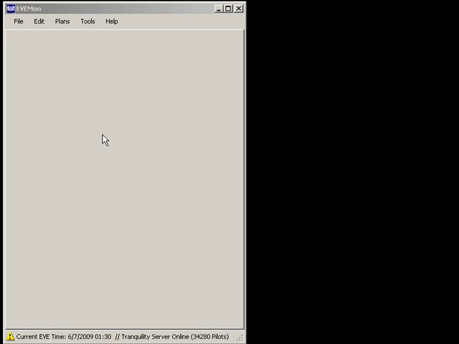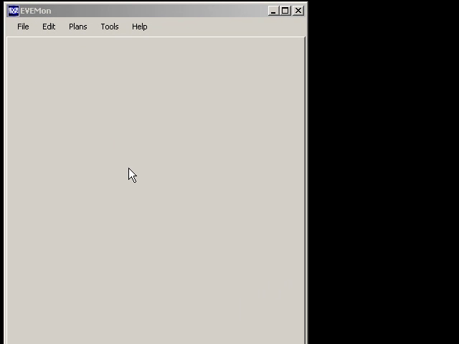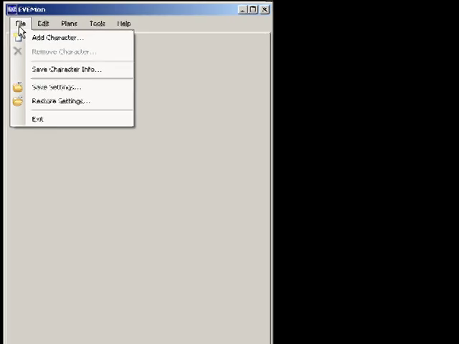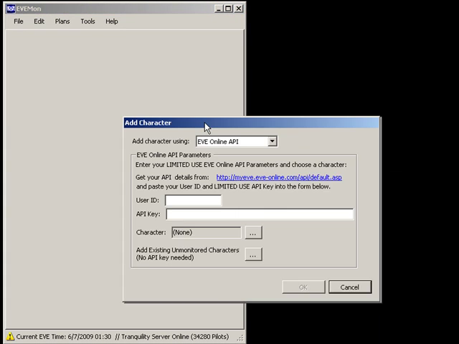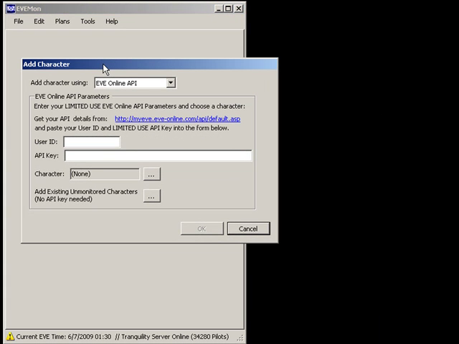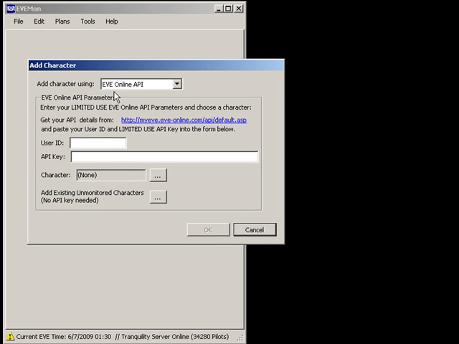Okay, I just want to give a basic demonstration of how to use the EveMon software. First you have to add a character, so go ahead and click File, Add Character. The way that this program accesses your characters is through the EVE Online API. In order to get the information to access your API, you need to click this link,